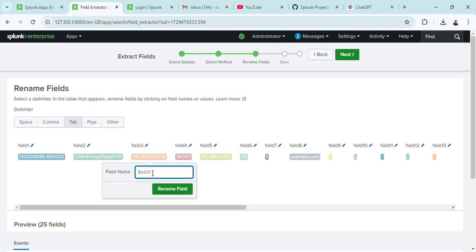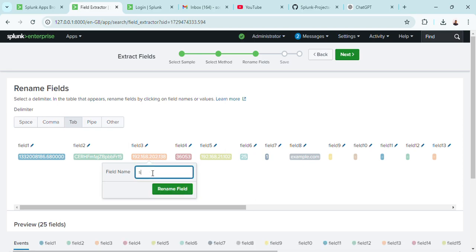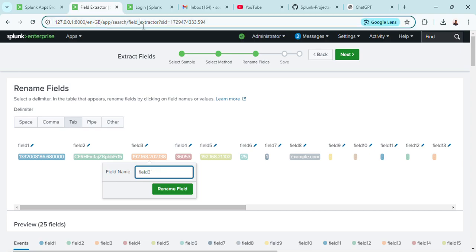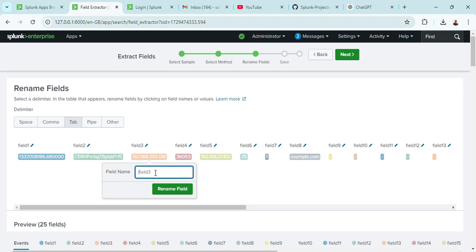So this is the source IP. Let me use this too. I don't want to start opening my extractor. So this is the source IP, SRC IP. So we name it